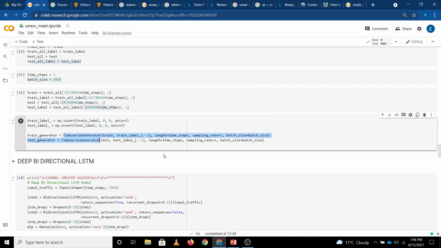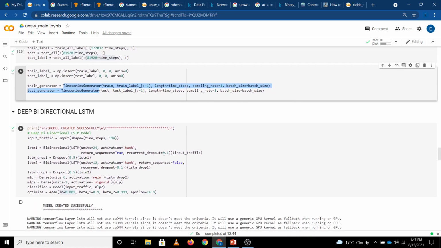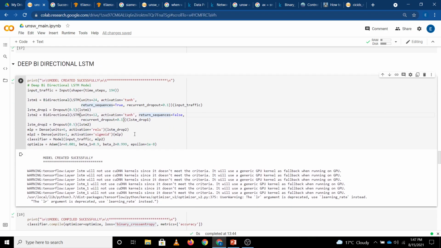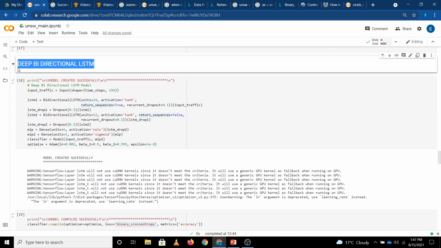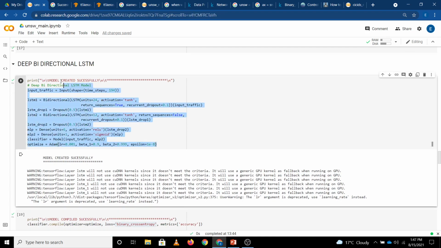So here we processed all the data, and now it is ready to pass to the deep bidirectional LSTM model. This is our classification model, which we declared here, the deep bidirectional LSTM method. This is the package, and we have imported it. This is the LSTM architecture, and we declare it within the bidirectional wrapper. We also assigned units, which is 24. Units 24 is nothing but the number of neurons we pass for a feature. So 24 neurons can pass at a single time. Like this we have declared it.